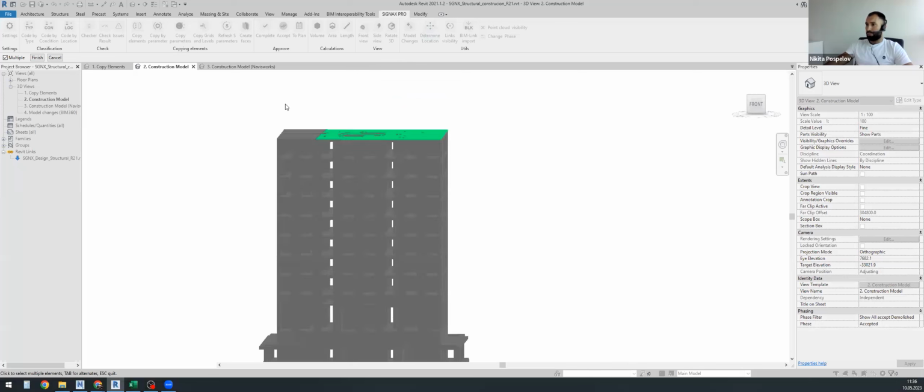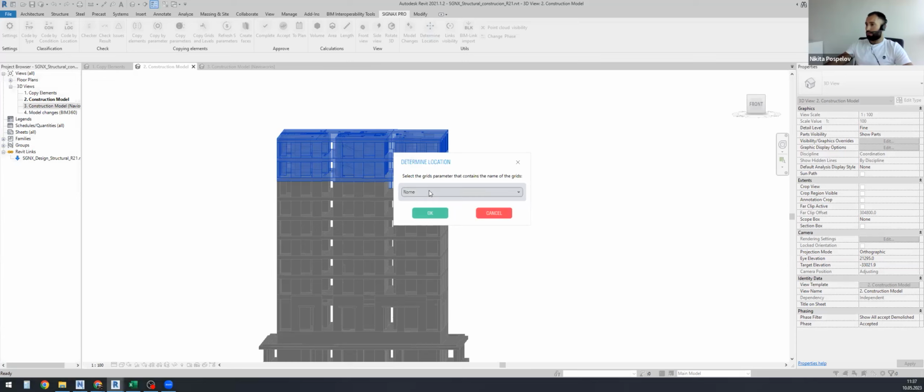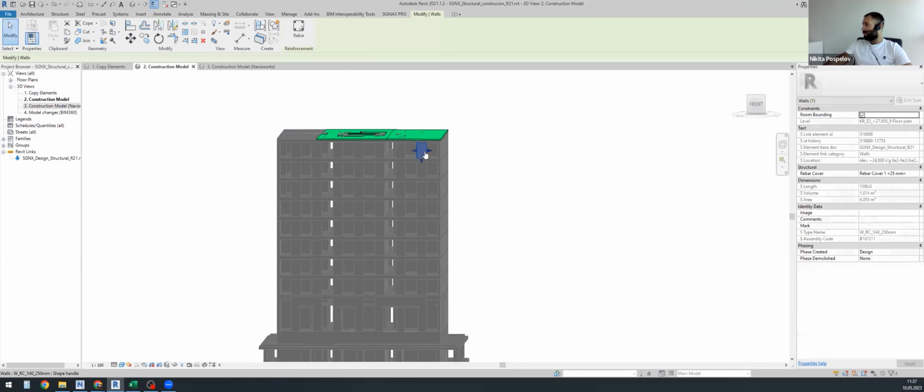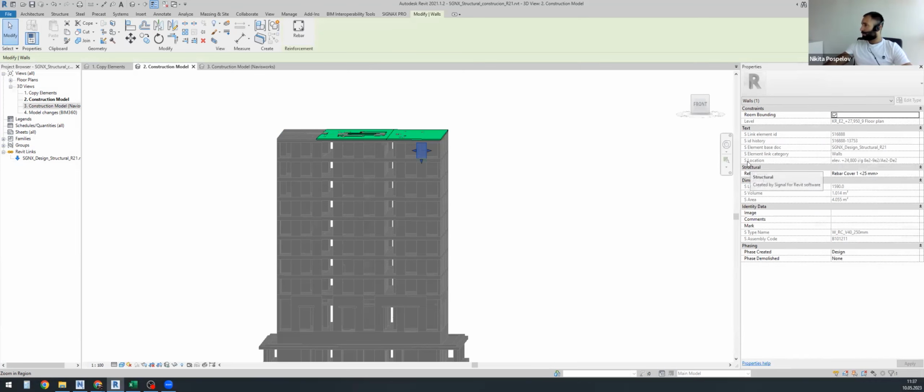and select some elements of these two floors. Finish. Okay. So here we can see that information was stored inside the S location parameter. And if I select one of the elements, we can see in properties this new parameter, and we have information regarding the elevation, and that the element is stored inside these grids, 8E2, 9E2, and